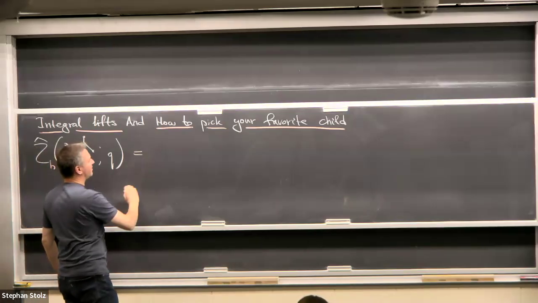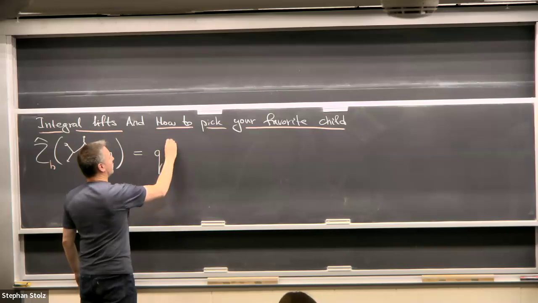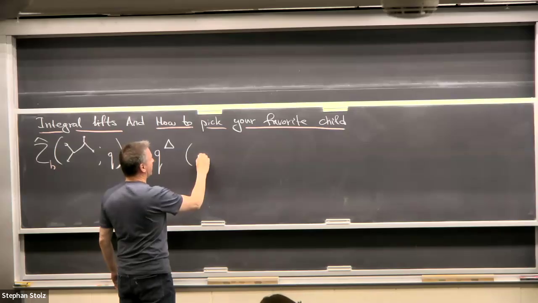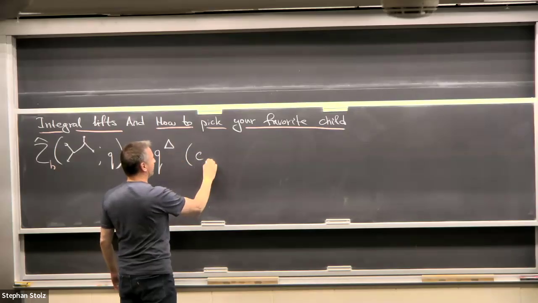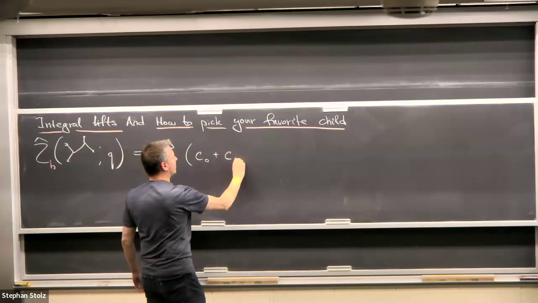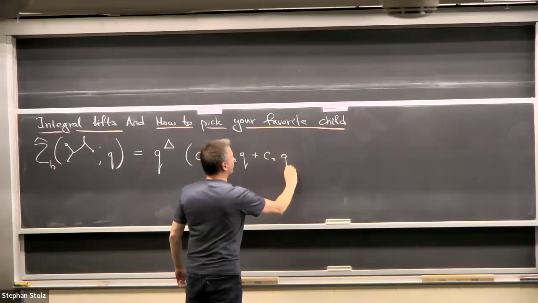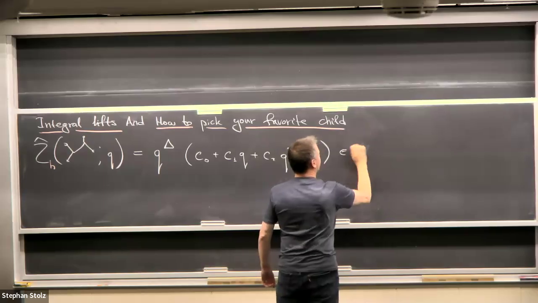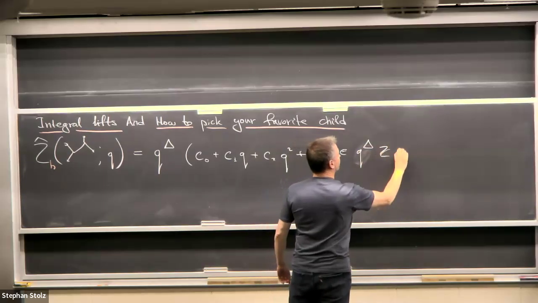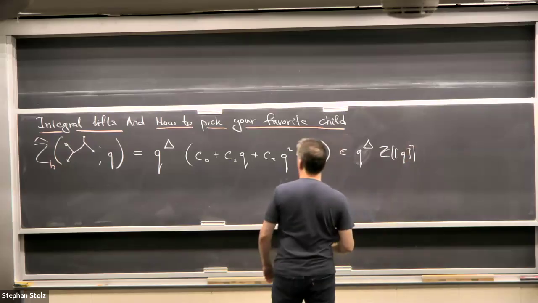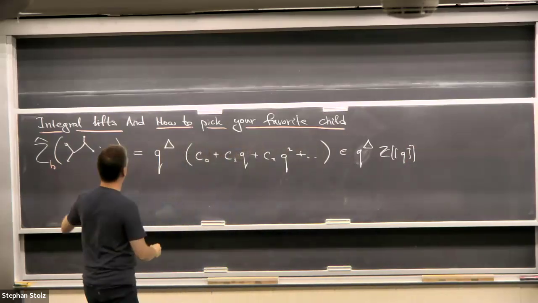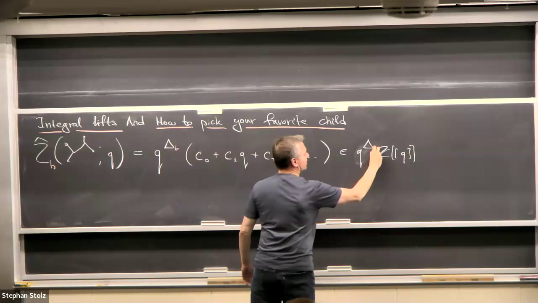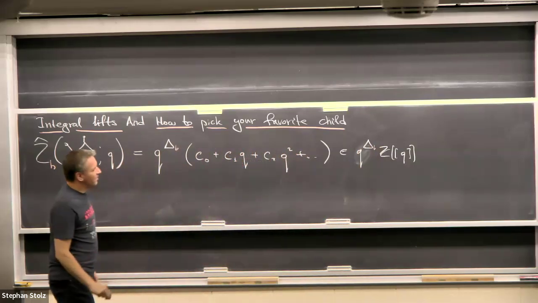And what we know so far is that it has the form of q to some delta, and then two series with integer coefficient. So this delta is just in general fractional, but it has the form C0 plus 1 times q plus 2 to the squared, dot, dot, dot. Delta. And if you have this freedom to have parameter b, then everything actually depends on the general form already